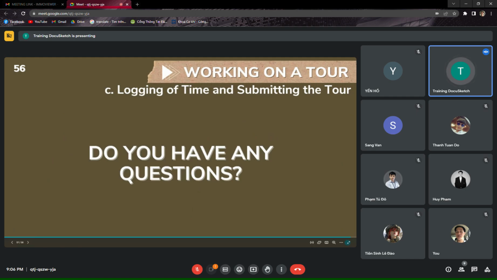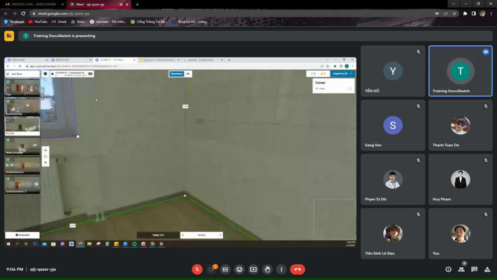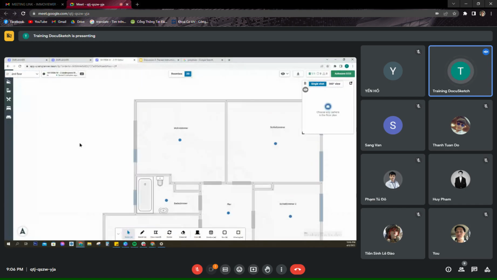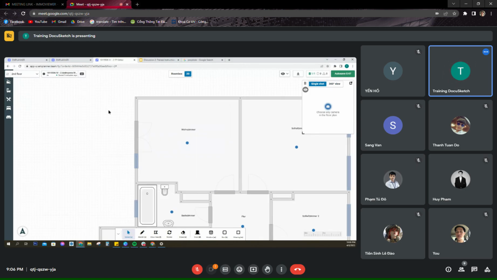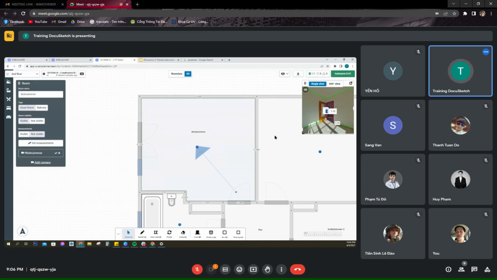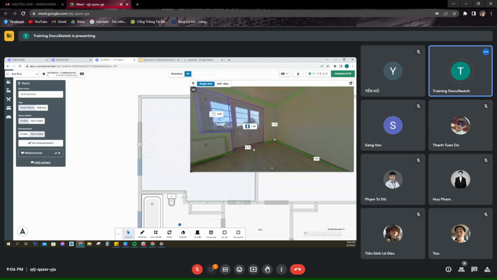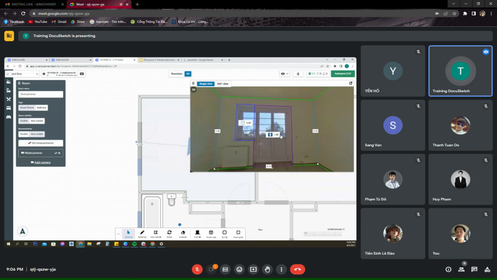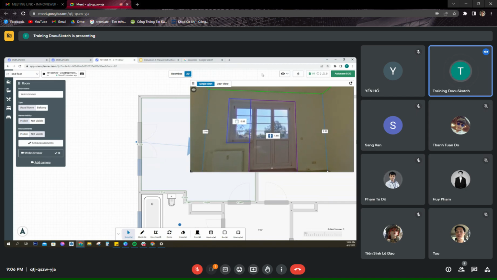So before you ask your questions, I also want to show you another thing. In cases like this, when there is another door that leads to the outside, just like this one in the Zimmer, it means that there is another space outside this door. But the problem is when we check the camera, the door is closed and we are not sure if there is really a space outside this door, but